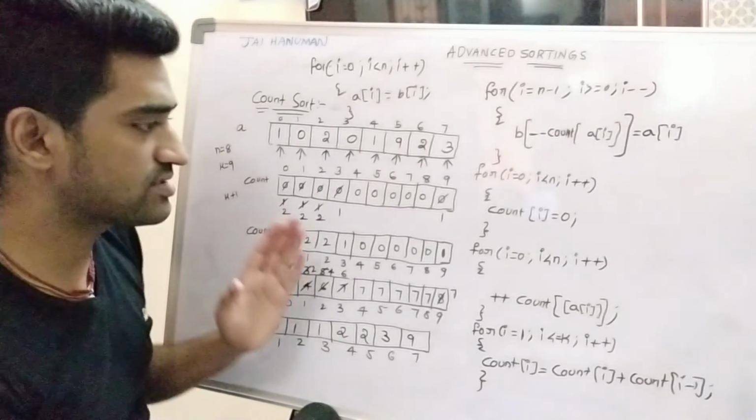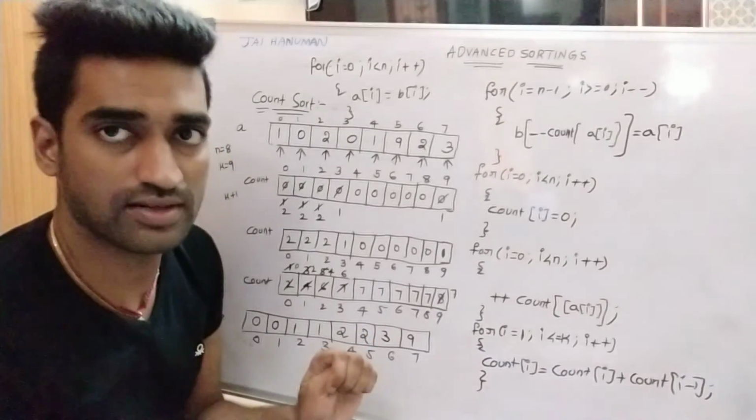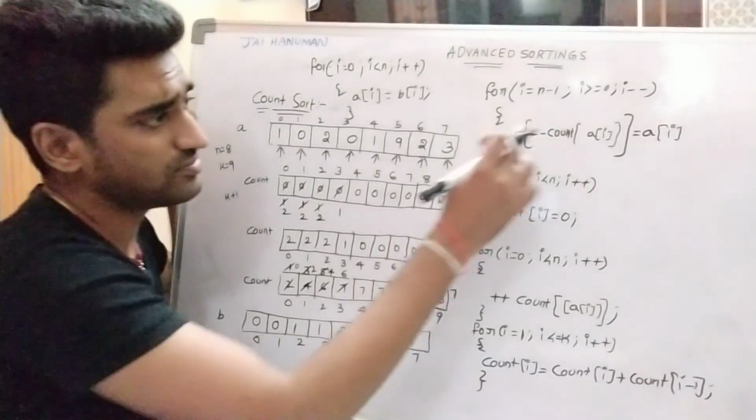So what is the time complexity? Coming to the time complexity of this counting sort, for this loop